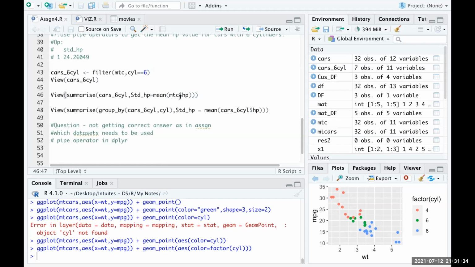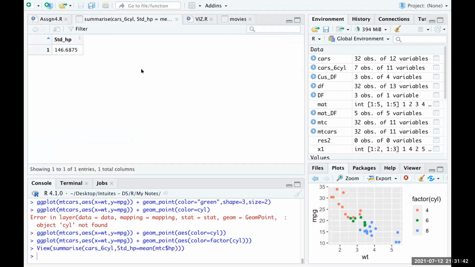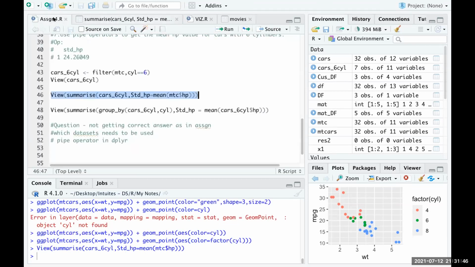What is the output you are getting with line 46? I'm getting 146, but in the assignment this is what you want. I'm not getting it. Am I missing something or some logic is missing here? I don't know.